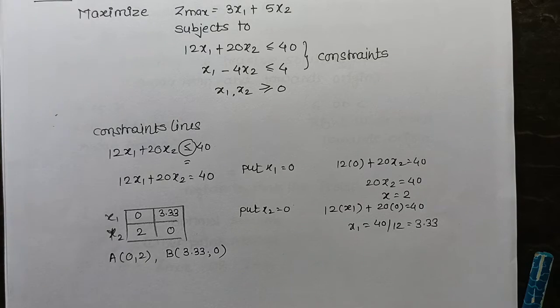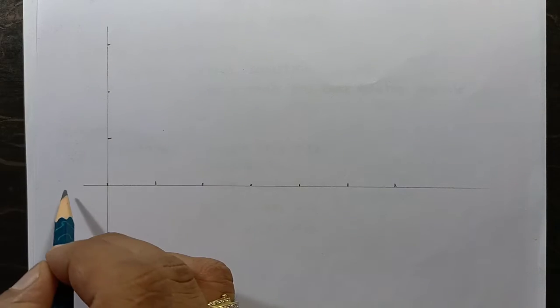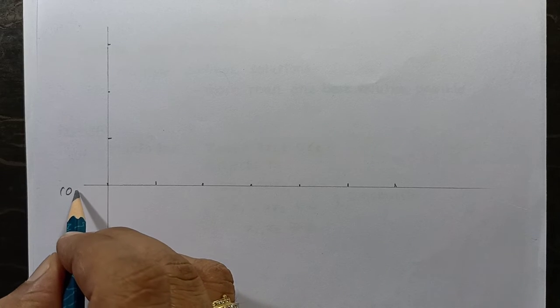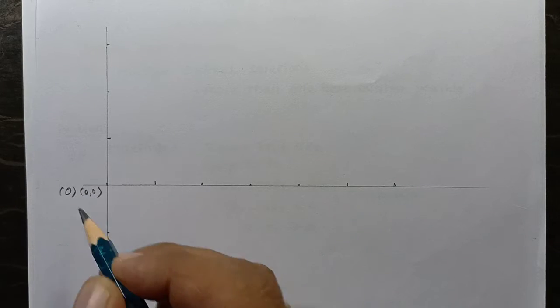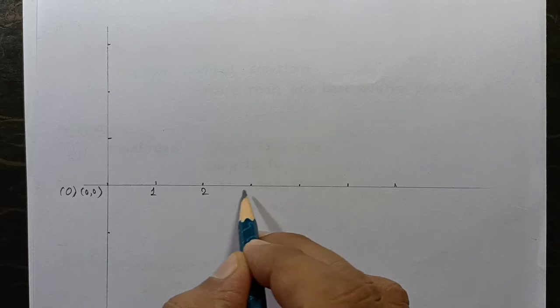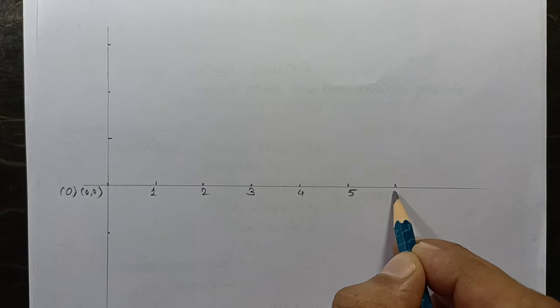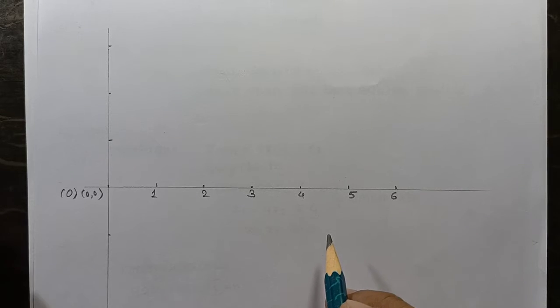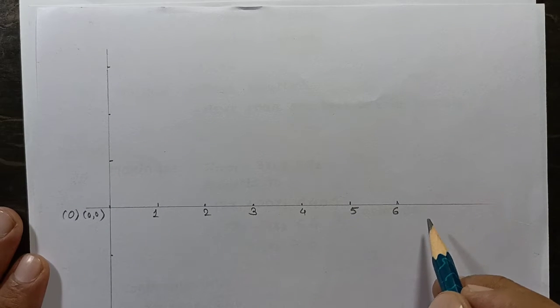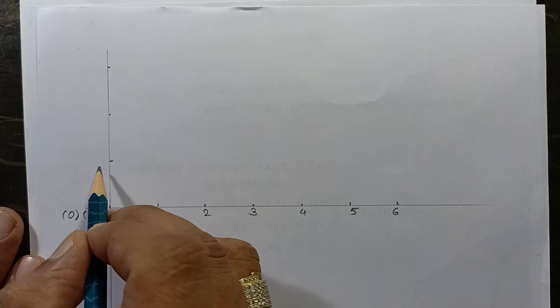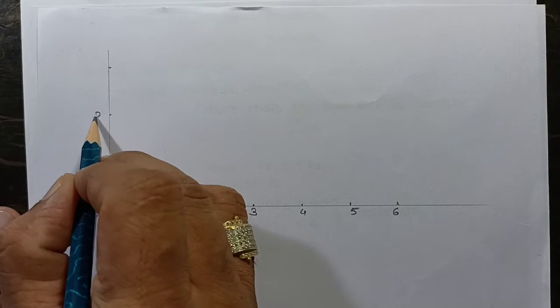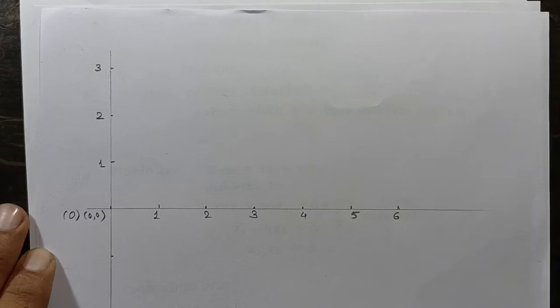Let me draw this on paper. Most of the time a graph paper will be given to you. If not, no problem, you can draw this on any page given in your examination. This is my O coordinate, which is the 0 0 coordinate. Then 1, 2, 3, 4, 5 and 6. To make it more visible, I have taken 1 unit equal to 2 centimeters. You can choose whatever scale you want. This is all we have done at school level also.